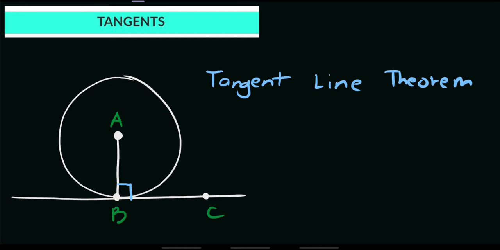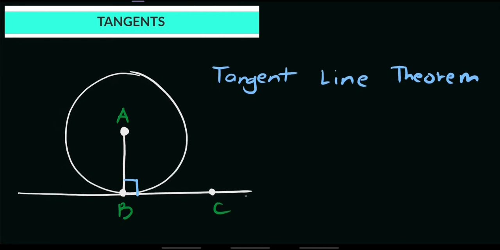Right, so number one is the tangent line theorem. A tangent line theorem: if a line is tangent to a circle, then it is perpendicular to the radius drawn to the point of tangency. Let's say we have this given figure. We have this line BC and the point of tangency is at point B, right? So if that is a tangent, automatically the radius drawn to that point of tangency is perpendicular. Perpendicular means they form a 90-degree angle, okay?